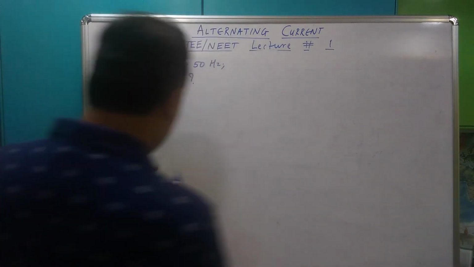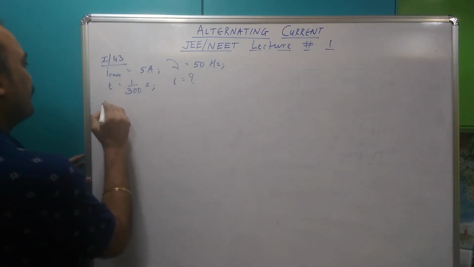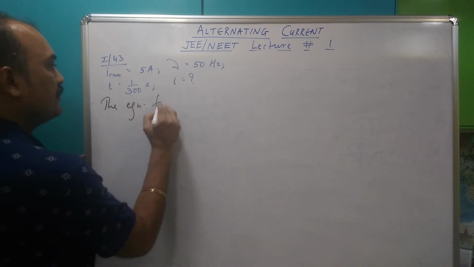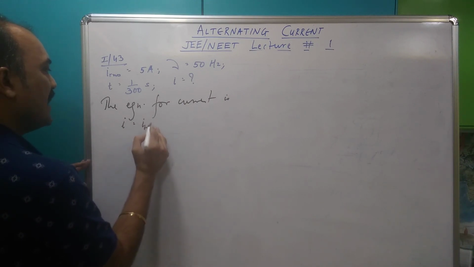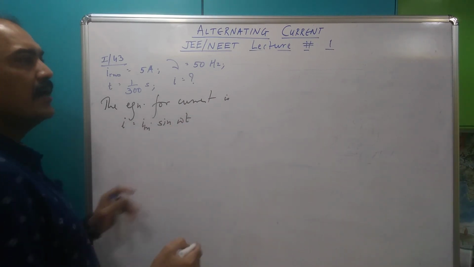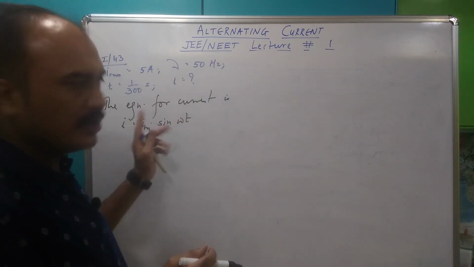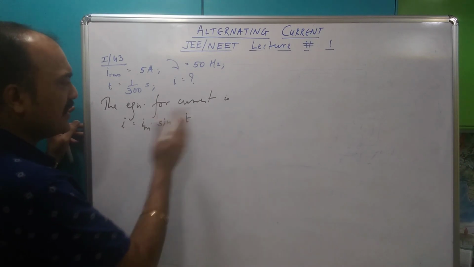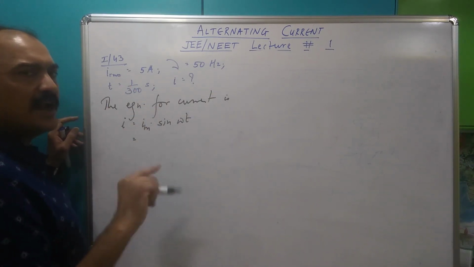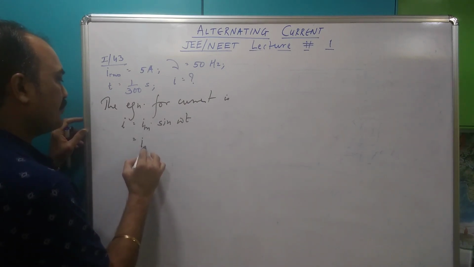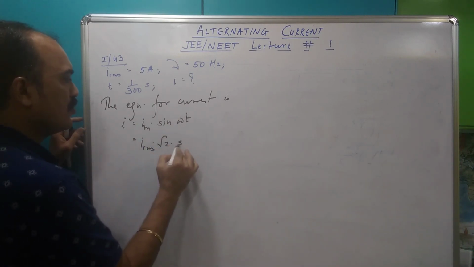Okay, no problem. First of all, after it becomes 0, they want us to follow the sine function. The equation for AC current is I is Im sine omega t. Sir, why not plus phi? Brother, after becoming 0 it will follow the sine function, right? So after 0 it follows sine. That is why no phi. Now we don't have Im, we have IRMS. Do you have any relation between Im and IRMS? Yes, we do. IRMS is Im by root 2. So Im is IRMS into root 2.